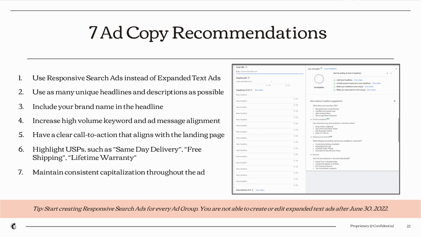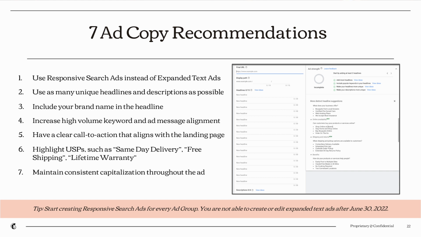Next, I would include your brand name. So your brand might not be well known right now, or it might be. Regardless of whether it is or it isn't, I would add your brand name in there to start building some brand recognition for you. I would also look to increase the high volume keywords that I have in my ad copy. Relevance is the name of the game here, so whatever high volume keywords you're bidding on, you want to make sure that when your ad is triggered, there's a clear association between the two. The good news for responsive ads, you might not be able to see it in the screenshot to the right, but it does give you recommendations on top volume keywords that you currently have that you might want to add into your ad copy. You can't see it, but it's on the right-hand side, and there's blue text that they prompt you with to view what your top performing keywords are.